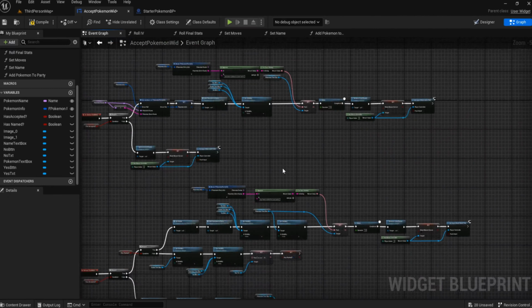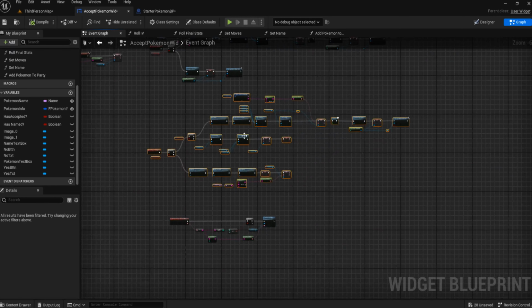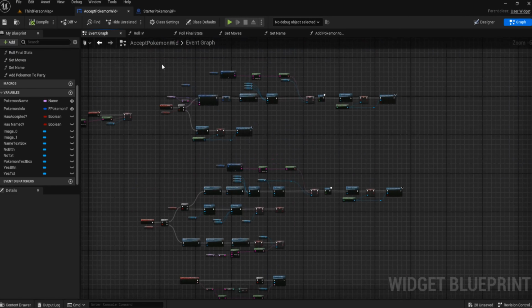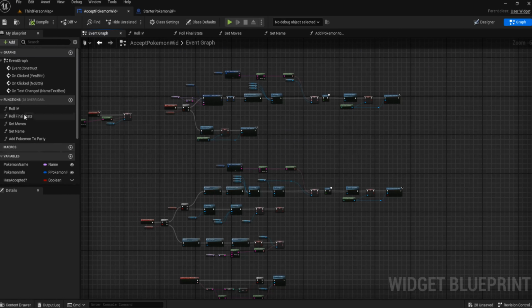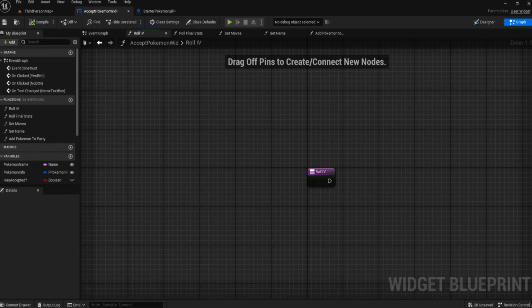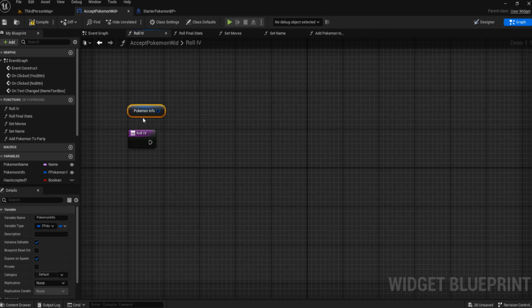So all we have left to do now are our functions. And once the functions are done, we should, in theory, have a working accept starter Pokemon. So the first one we need to do is roll our IVs. This is probably, in all honesty, the easiest one because we are just rolling a random integer between 0 and 31. So we can get the Pokemon info